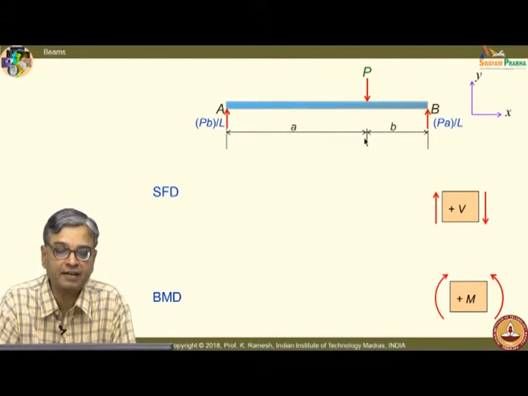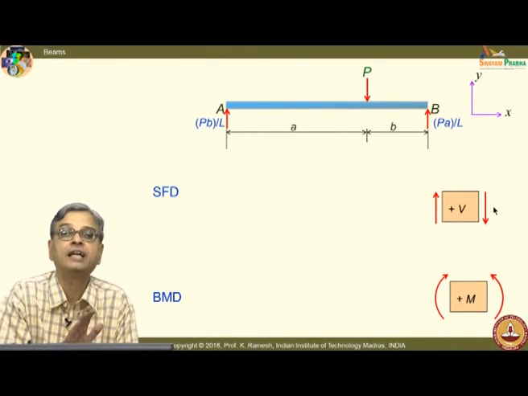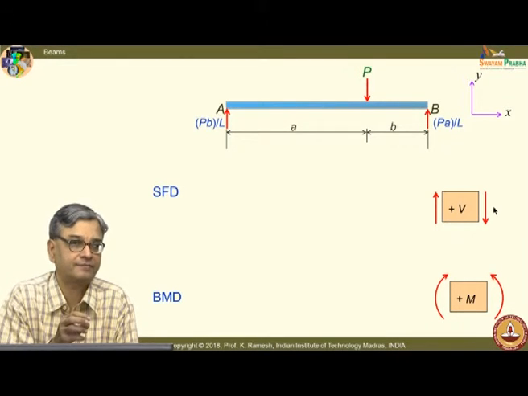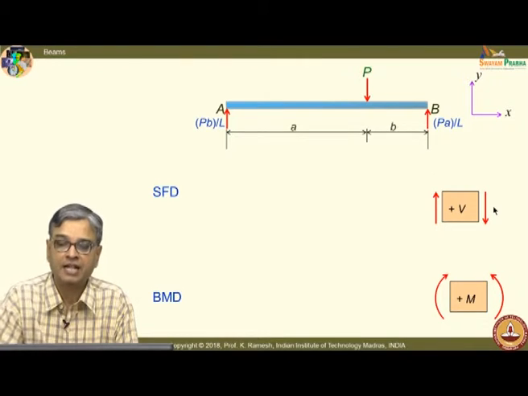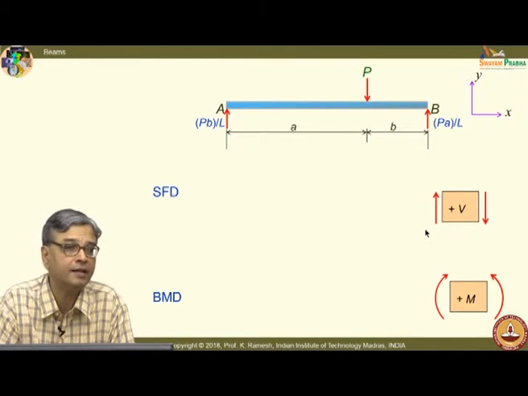It is always better, when you are drawing the shear force diagram and bending moment diagram, to first indicate the sign convention. Without the sign convention, interpreting the shear force diagram and bending moment diagram will be difficult if you are not trained. What is this sign convention? When I have a box like this, I would say that this is the positive surface and this is the negative surface. I have indicated what I would put on the positive surface and what I put on the negative surface. Similarly, for the moment on the positive surface, I put anti-clockwise as positive and clockwise as negative. So, this is the convention followed by Merriam.